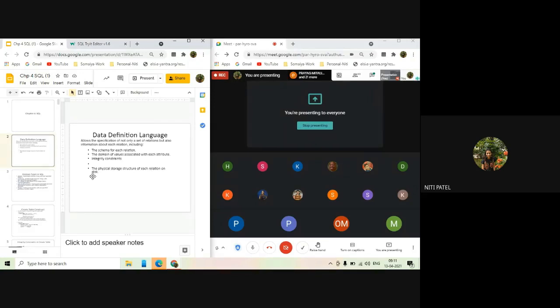Okay, so next time when you come and if you want to retrieve the data, you do not have to start creating the table again and inserting the data. You simply have to write a query to extract those details. So how is this possible? This is possible because you have created the table already and you have stored it in a part of your memory inside the system. If you do not store it, you have to recreate the table every time you want to extract. So if we store it in the memory, we do not have to recreate. We simply have to write the command to extract it.